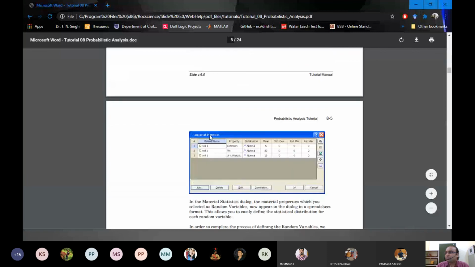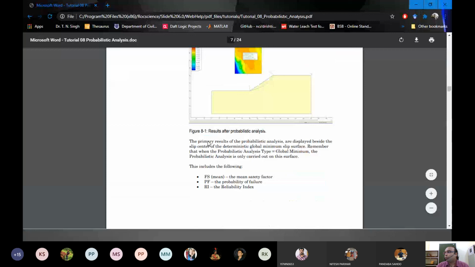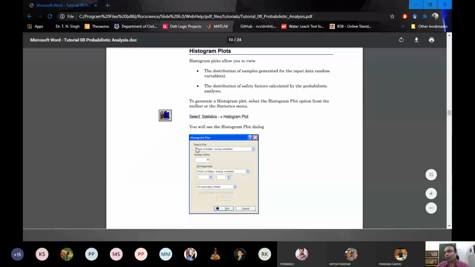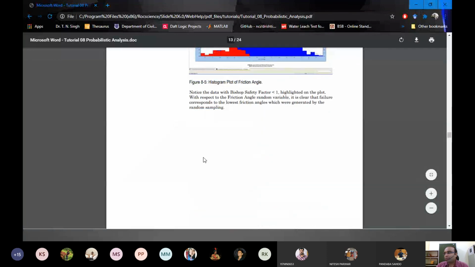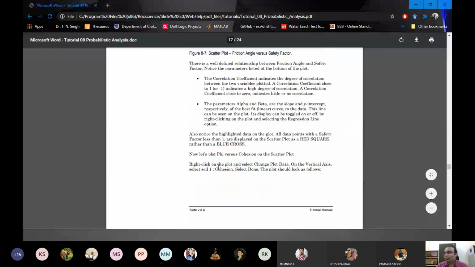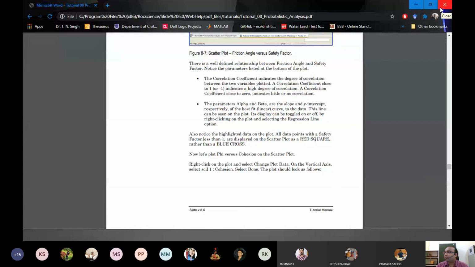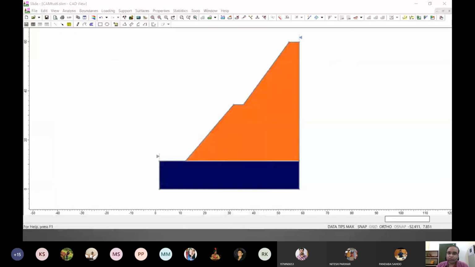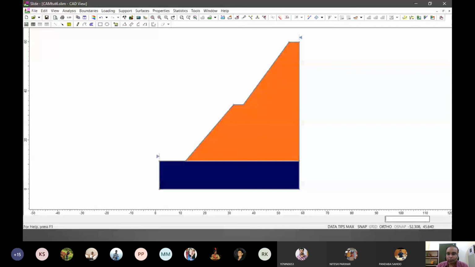So these tutorials are very useful to learn this software, and I would suggest you learn this software as well as the next one that we'll be learning for finite element method. Very useful softwares, very applicable in our field work, and especially whatever projects you will be doing. If you are anyways close to rock mechanics or slope stability or anything related to that, that will be very useful in future as well. So we'll do that today. We'll send you guys that crack and do install and have a try on that.